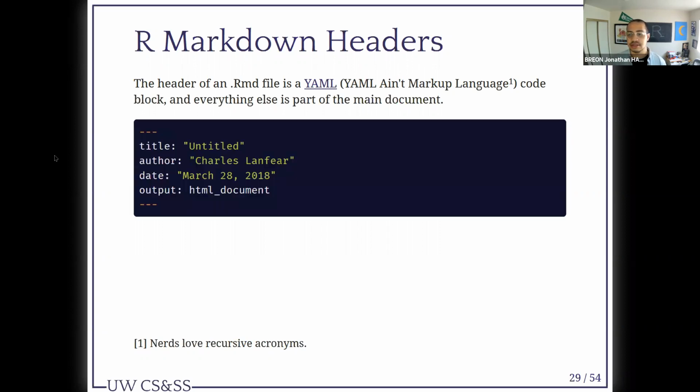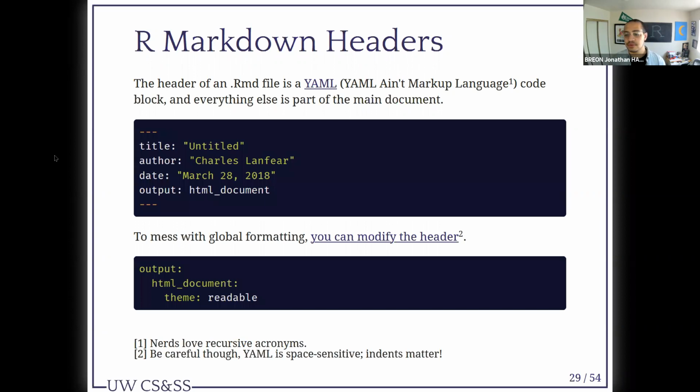You'll see that it'll look something like this. Note, like I said, a lot of this content is ported from Chuck, who taught this class before, Charles. To mess with the global formatting, so this is the format of everything in your R Markdown document, you should change the YAML in order to accomplish this.